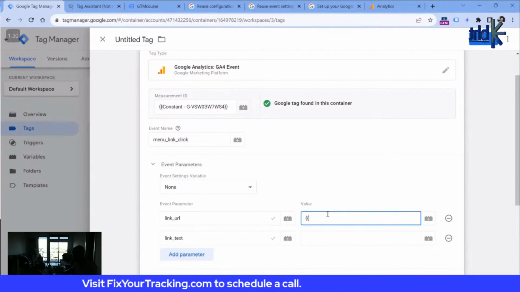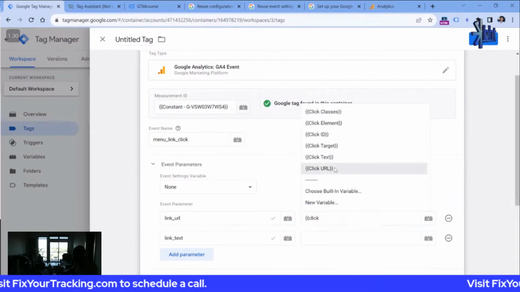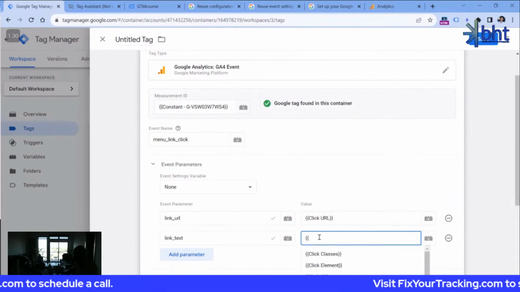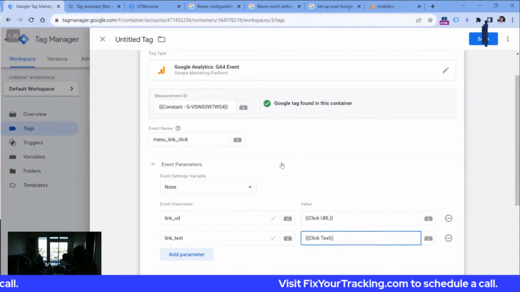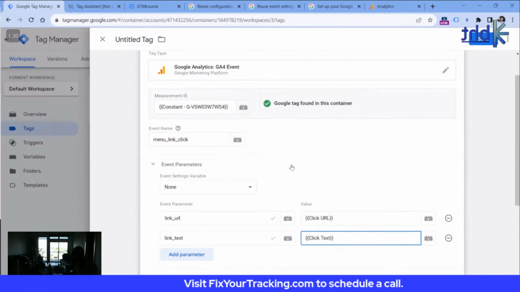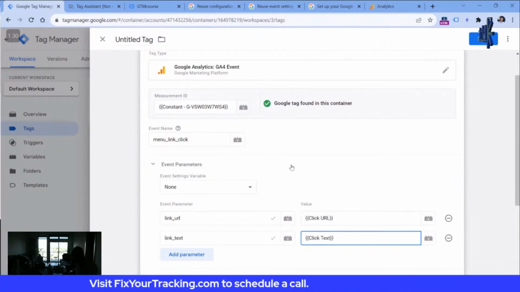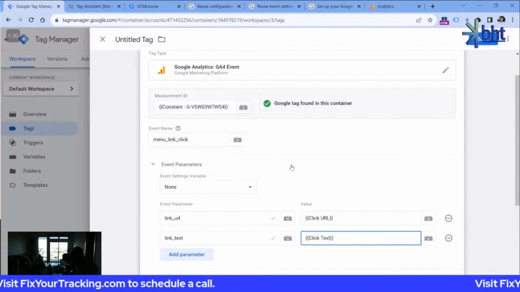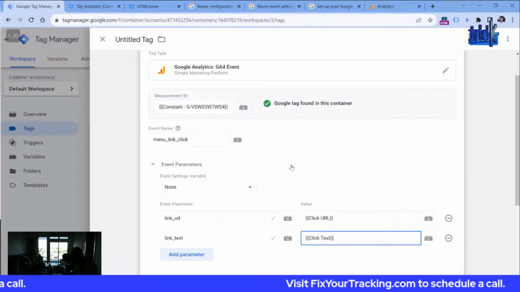Now let's set the values. So for link URL, I will use the click URL. And then for link text, I will use click text. In this video, I will not be going too much into the mechanics of how event tracking works in general, because I have other tutorials on my channel or on my blog where I explain that. In this video, I am mainly focusing on the change of Google Tag and the workflow of how event tracking